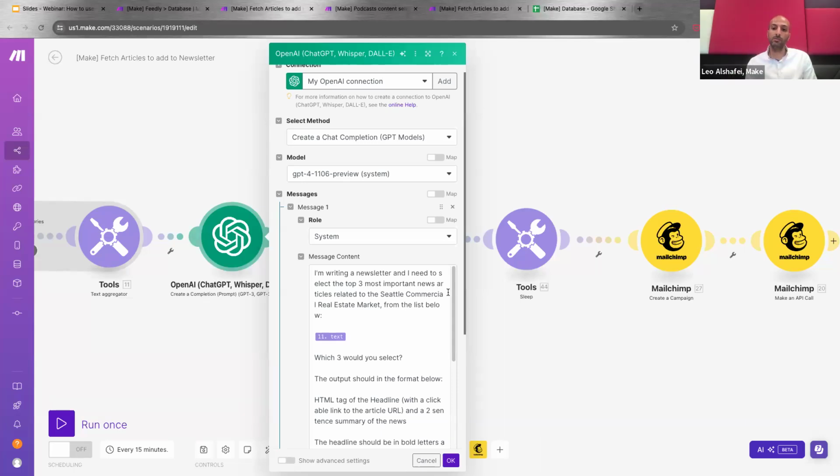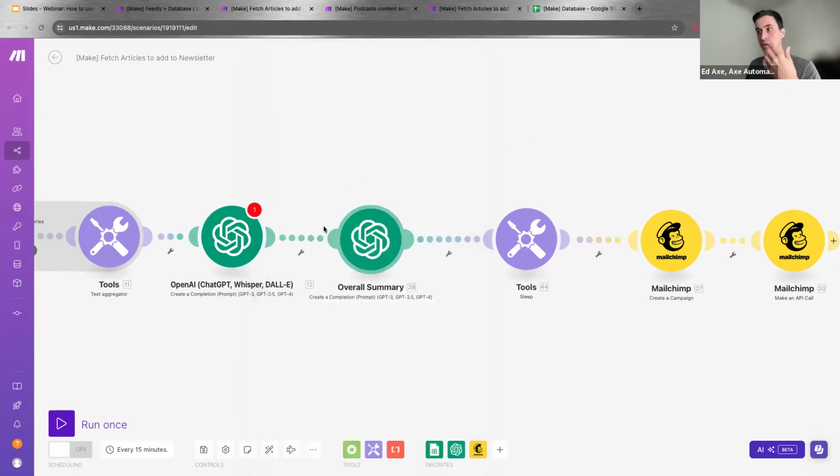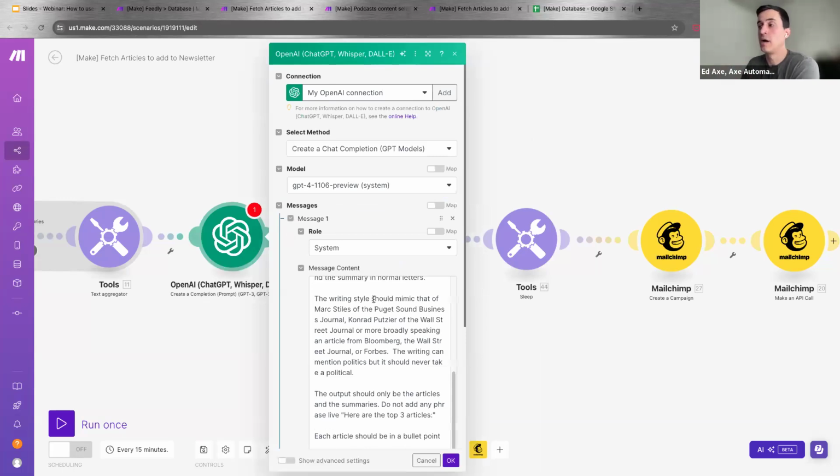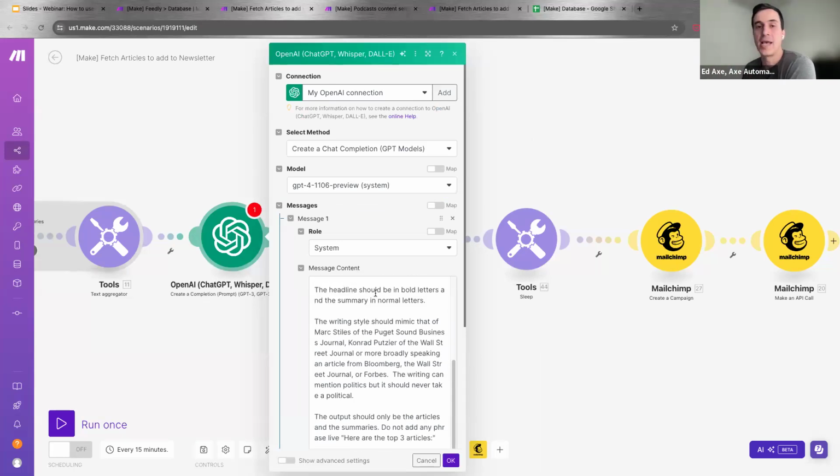And we are also using OpenAI to select those articles, because we need to make sure that we're only adding to the newsletter the most relevant articles that we have in our database. So we are using OpenAI to help us select those relevant articles.